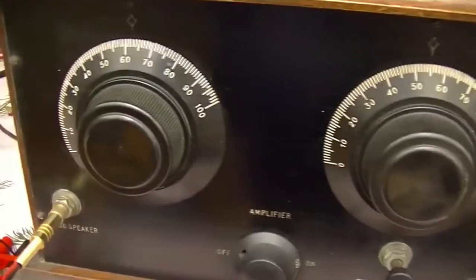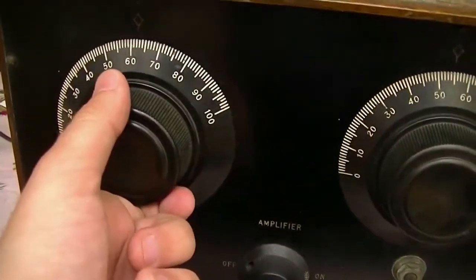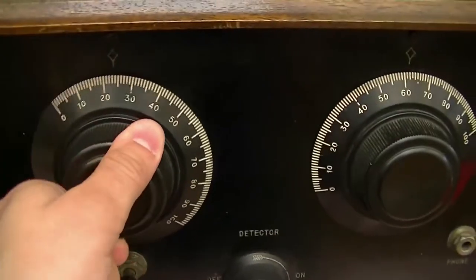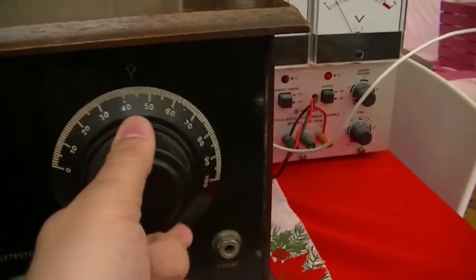Well, that was easier than I suspected, but you can sort of see it's not extremely easy. But let's go back to where we were. I think that was about 30-ish. That was about 20-ish, and that was about...